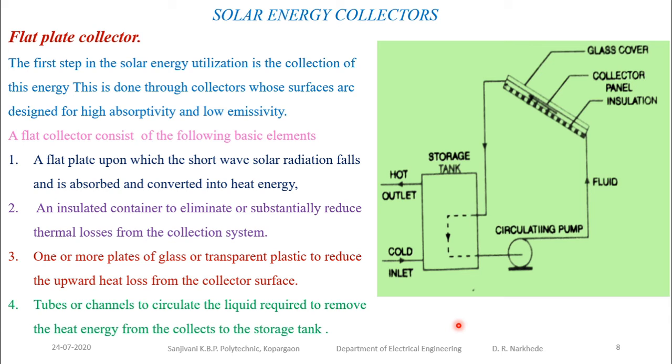The cover plate is transparent to incoming radiation but opaque to the infrared radiation of the collector, and thus reduces the heat loss. So this transparent plate is transparent to the normal incoming radiation, but it cannot release the infrared radiation. It maintains it inside, so the thermal efficiency increases and the heat losses reduce.